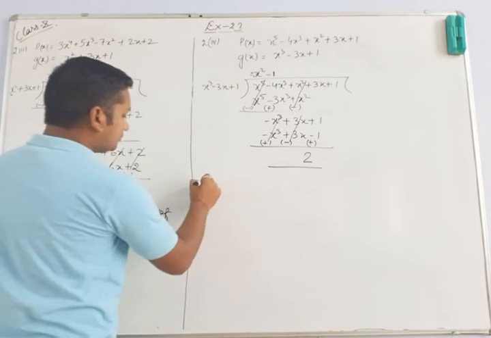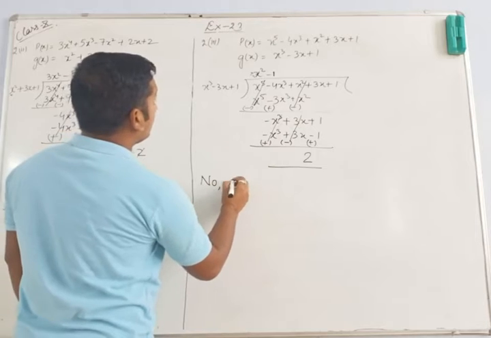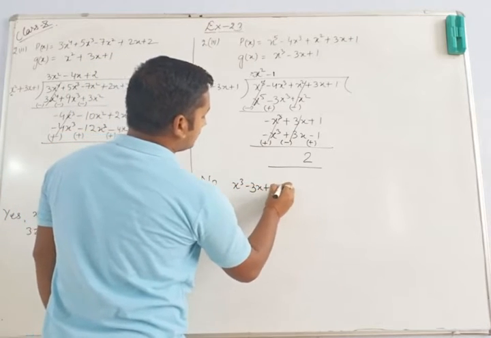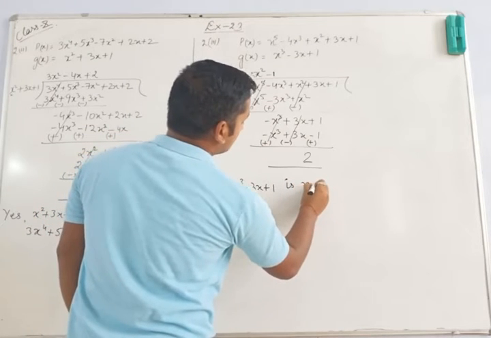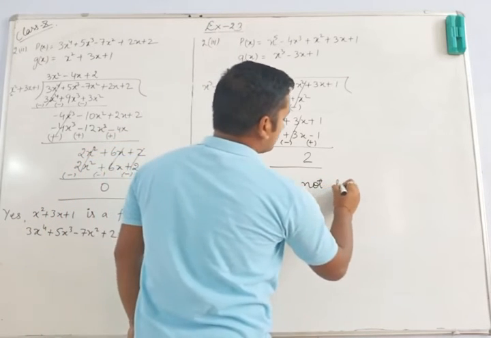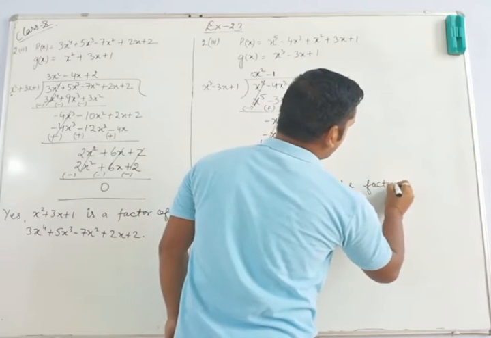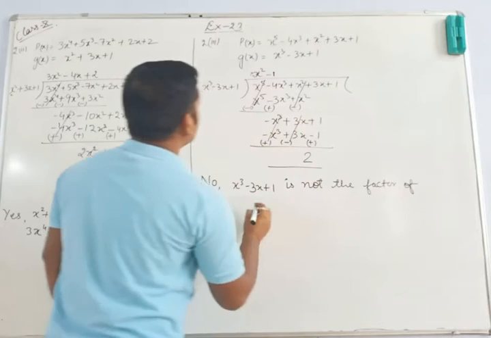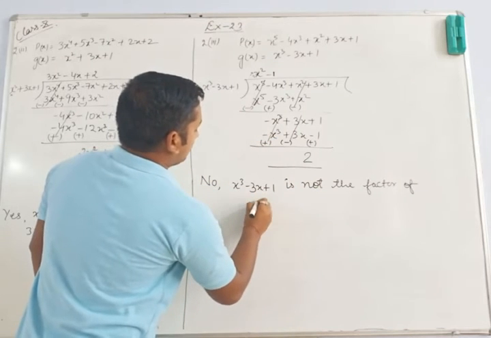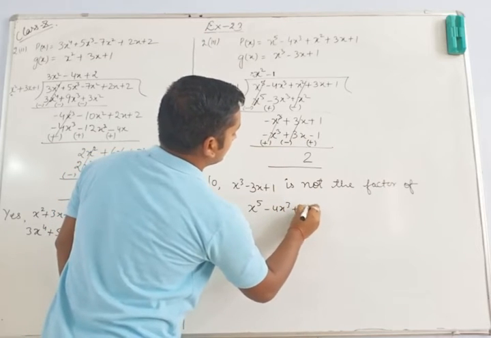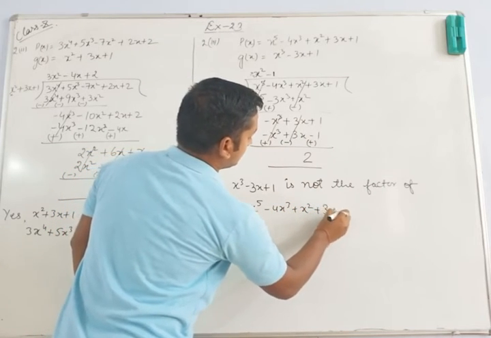So we will be saying no, x cube minus 3x plus 1 is not a factor of x raised to the power 5 minus 4x cube plus x square plus 3x plus